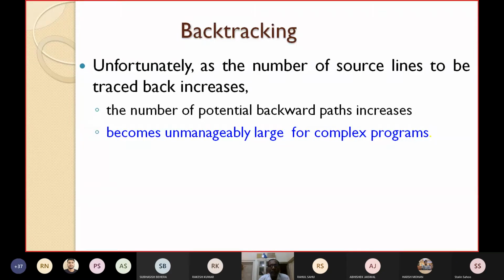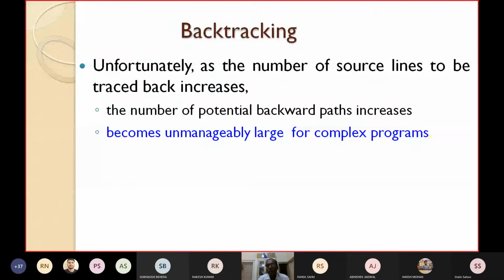As the number of source lines to be traced back increases, the number of potential backward paths to be traversed also increases, and it becomes unmanageably large for complex programs.